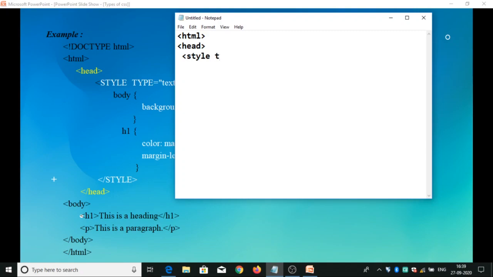Style with the attributes type equals text/css, media screen, and the selectors with the list of declaration statements: body, property background color, linen.